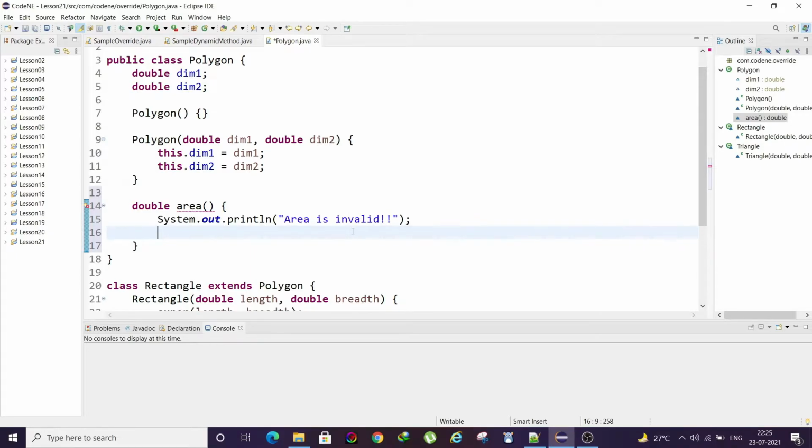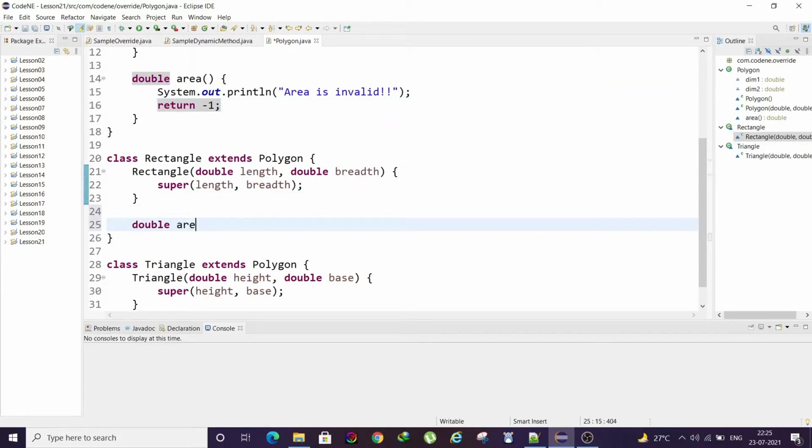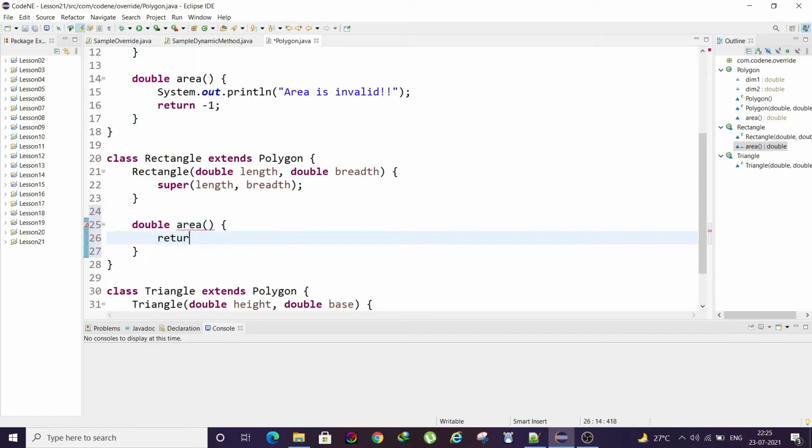And we will return -1. Got it? So inside the rectangle class we will have the same method as well, but here it will return